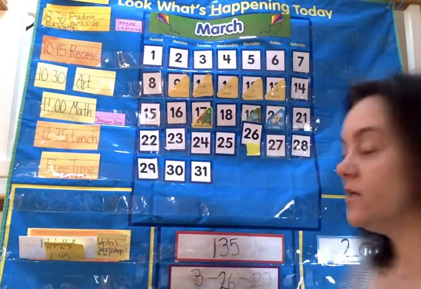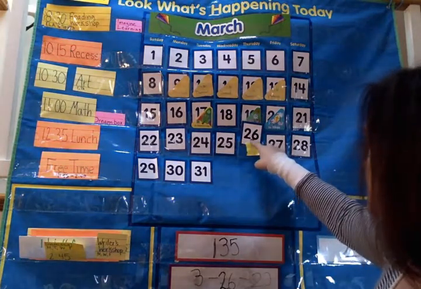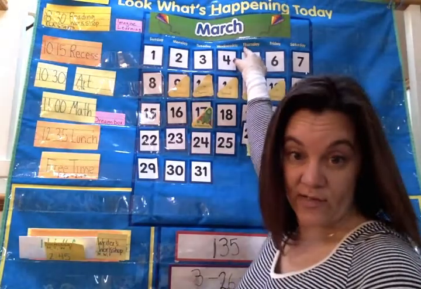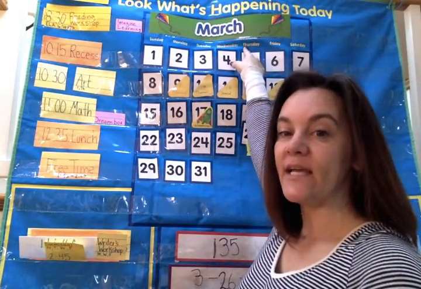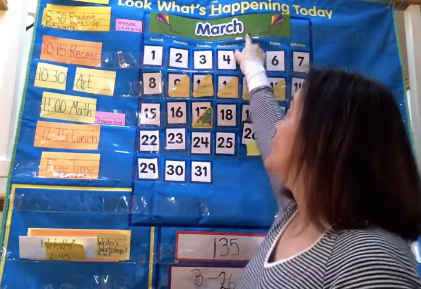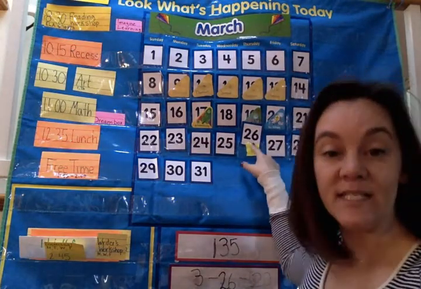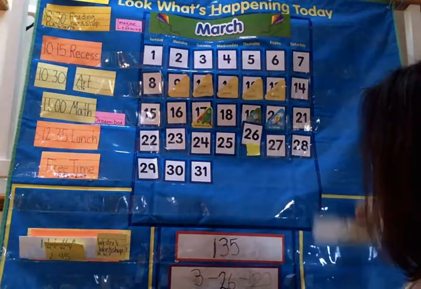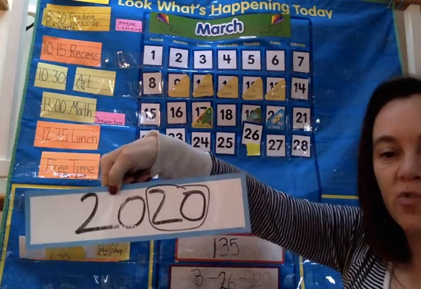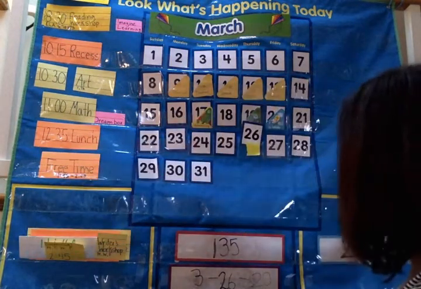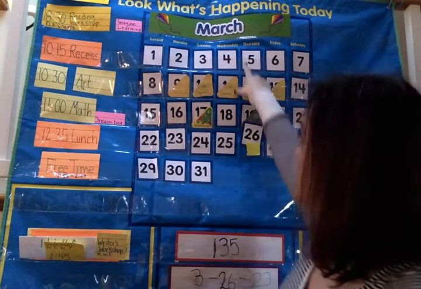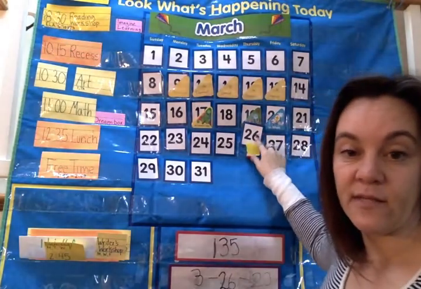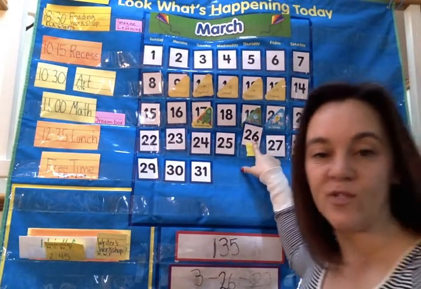So if we look up here, we can see our marker is on 26. And if we go all the way up, there's that TH where we get to stick our tongue out. Thursday. So we're going to start with Thursday, March 26th, right, with our TH at the end. And then our year, 2020. So let's do that. Today is Thursday, March 26th. Where's 26th? There it is. I'm trying to do this backwards. 26th,